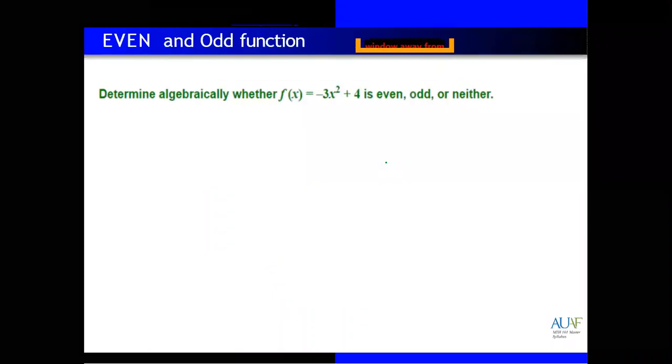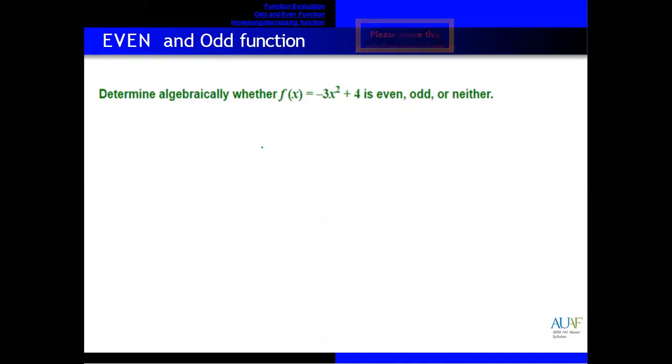Excuse me, sir, is it possible that in one function we have both odd and even powers? Yes, possible. Both powers are possible, but sometimes the function is not an even function and not an odd function. It will be neither. Like in this question, we will try to discuss if that function is an odd function or an even function. Both not also possible, sometimes it will not be an even function nor an odd function.